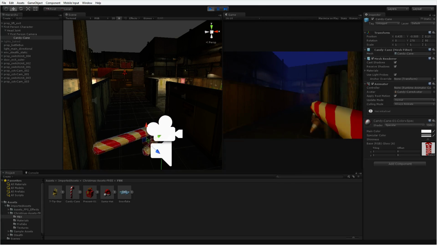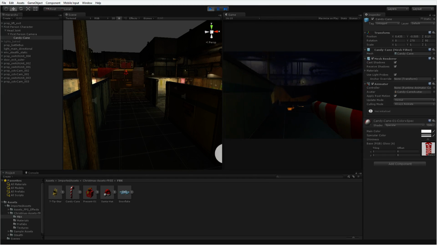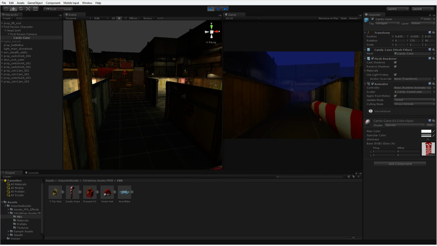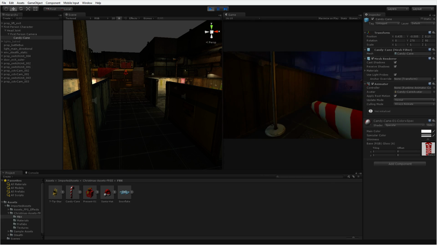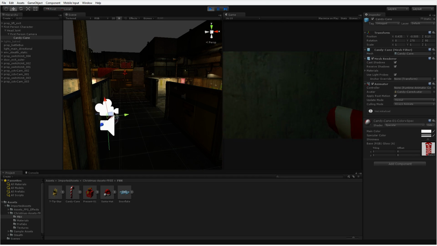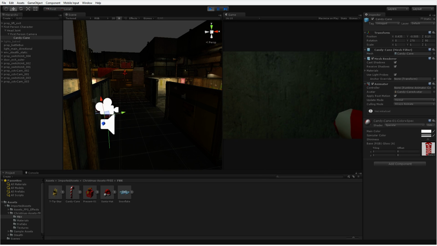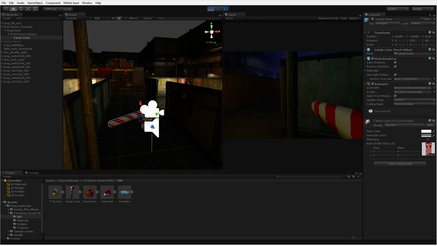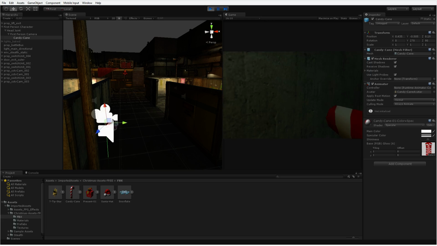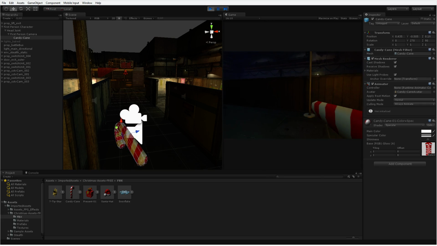But there's a problem here, and this is what I was talking about previously. The problem is that my camera is seeing this candy cane as a game object in the world with the other objects, and the issue that has is clipping. This is a game object just like other game objects, and it does not have a collider, so it can just go into stuff, and that's kind of a problem.